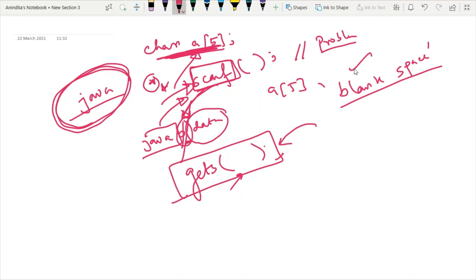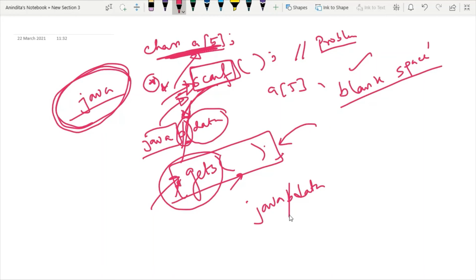So this is a very important question: what is the difference between gets and scanf? scanf cannot deal with blank spaces. However, the gets function can deal with blank spaces. Means if I use gets instead of scanf, then it can take input like Java data which contains a blank space within it.